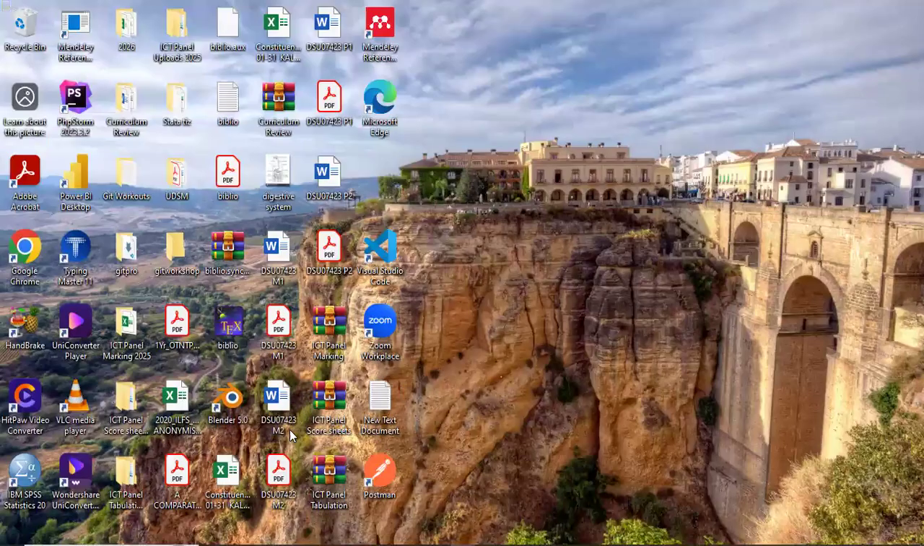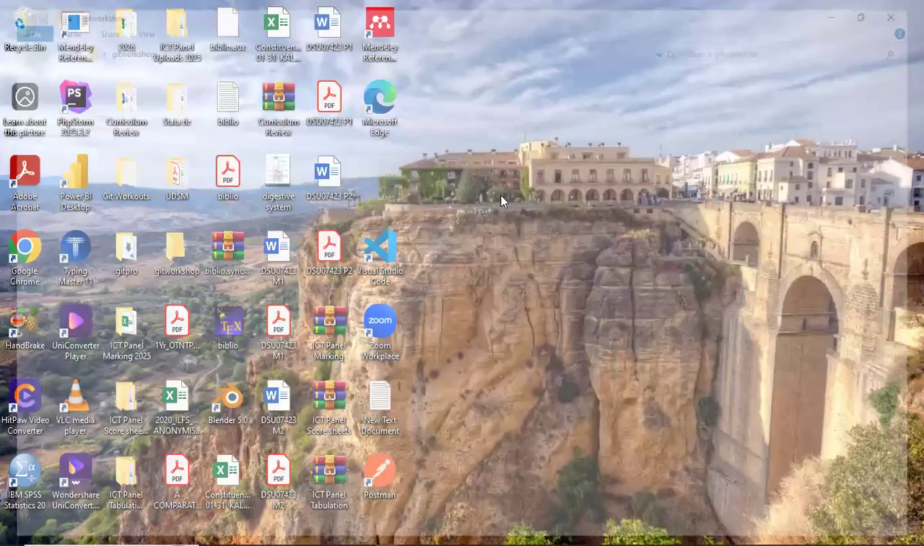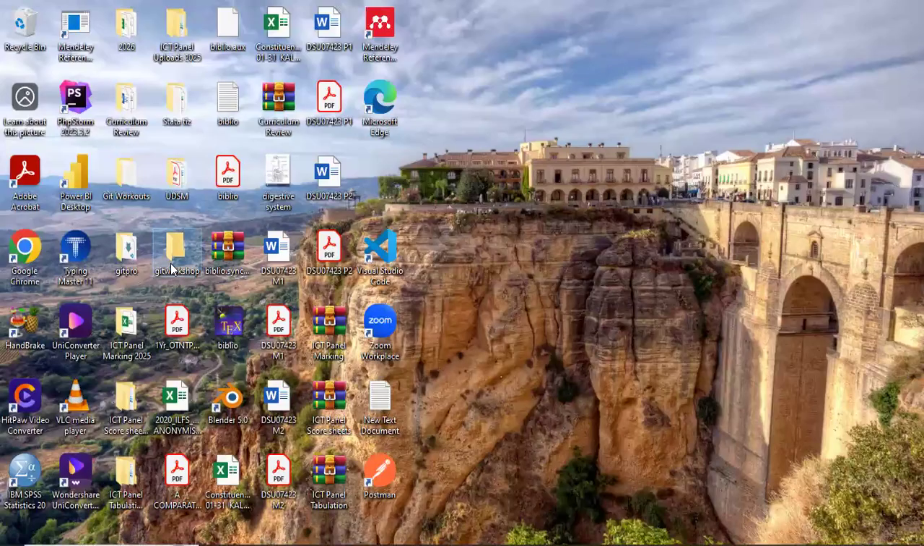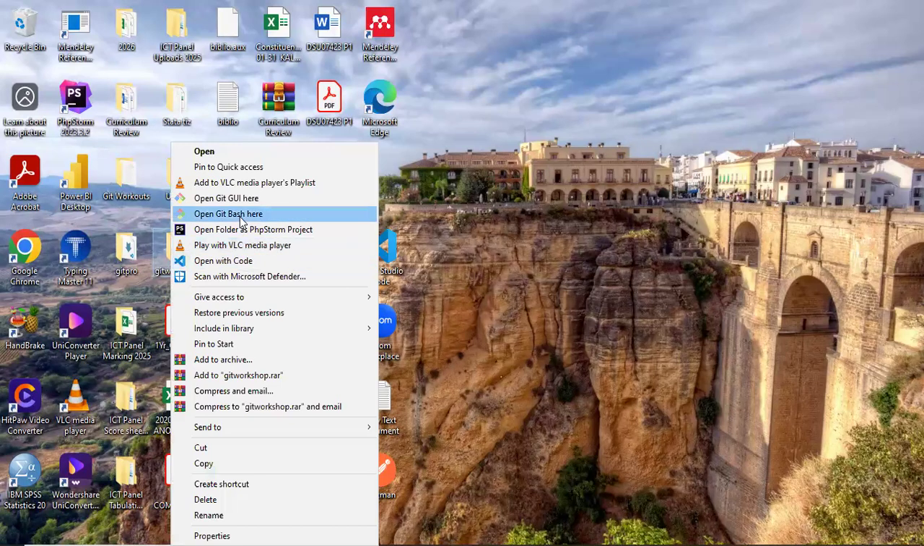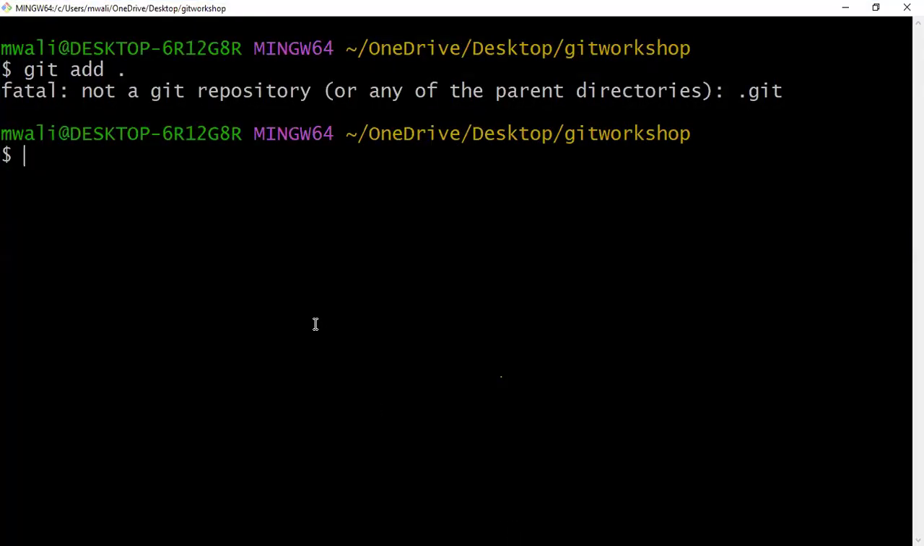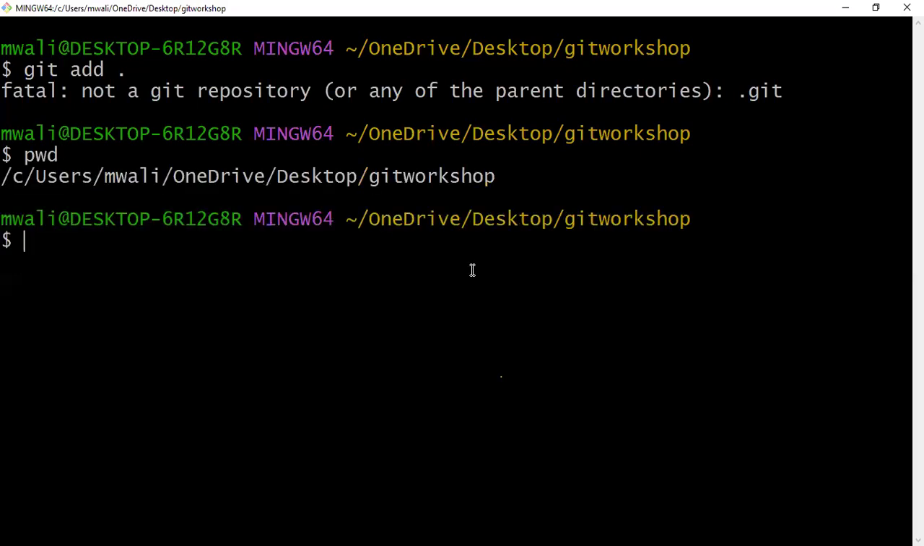So our folder is Git Workshop here. If you have created it, make sure that you right click it and then choose Git Bash Here. If you open Git Bash here, then you will be able to open the emulator like this one. Now we are inside Git Workshop, right? If we run pwd, print working directory, you will find the working directory is